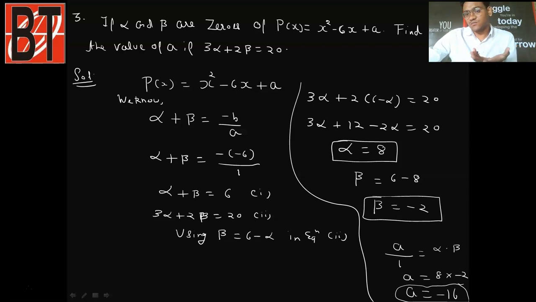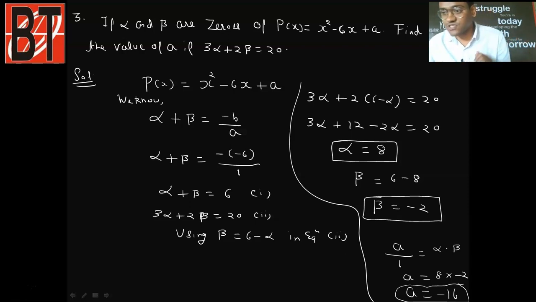Okay, you can just put 8 in the place of x, so 8 square will become 64, and 64 minus 48. Okay, if you solve, you will get 16 plus 16, so plus 16 plus a is equal to 0. From there also you will get a is equal to minus 16. Or if you want, you can take beta is equal to minus 2 also. Okay, you can replace x as minus 2 also, because these are zeros, so this must satisfy the polynomial. Clear students? I hope everything is clear up to here.